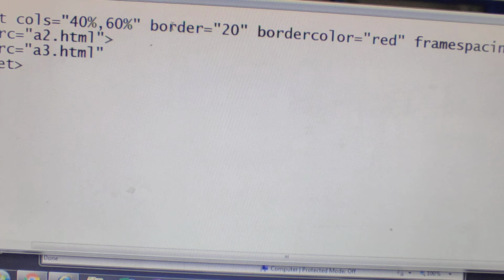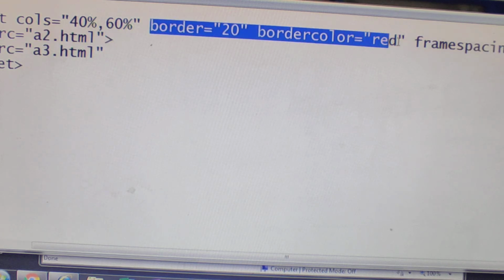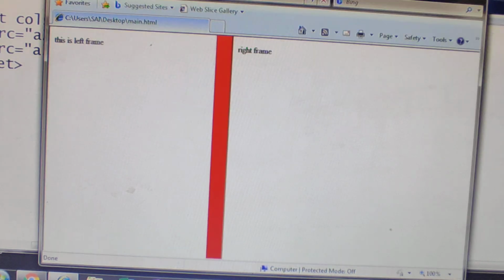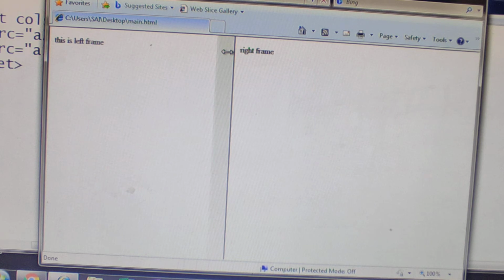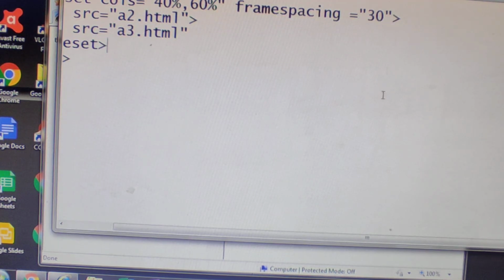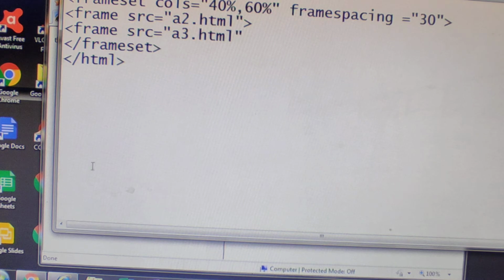Now we'll remove this border and the red, and we'll see the space between the frames. Save it, come to browser window, refresh this. See, space you are getting 30%. Now this is nothing but the frame spacing. So using the frame spacing attribute, you can give a space between frames.